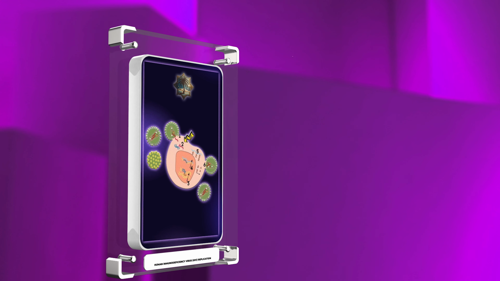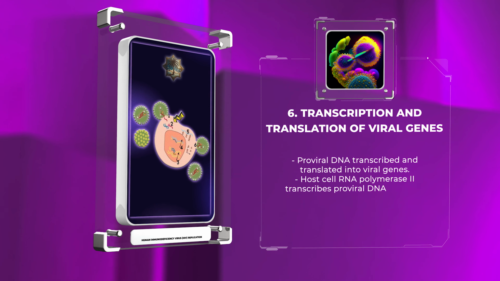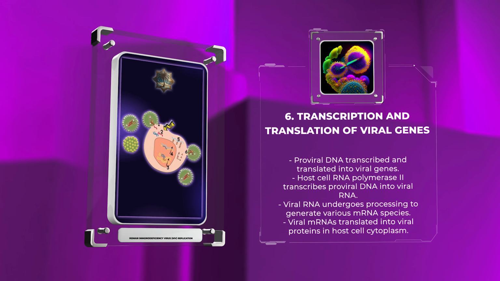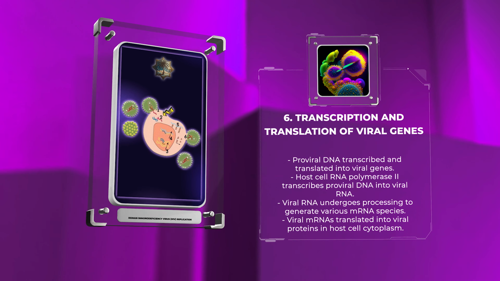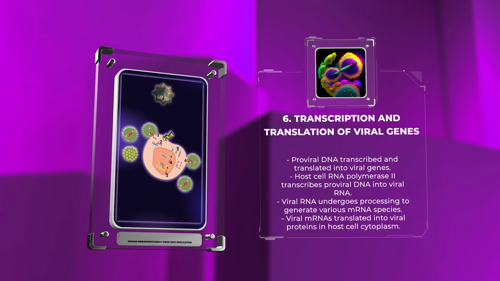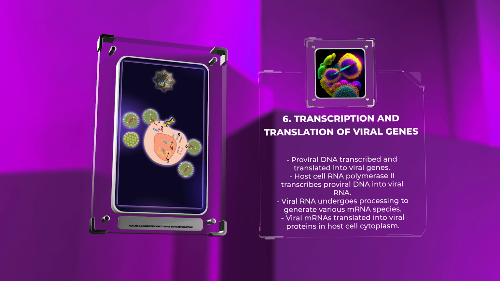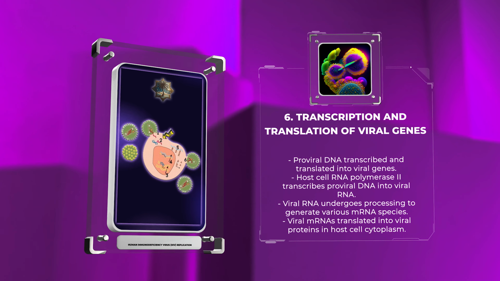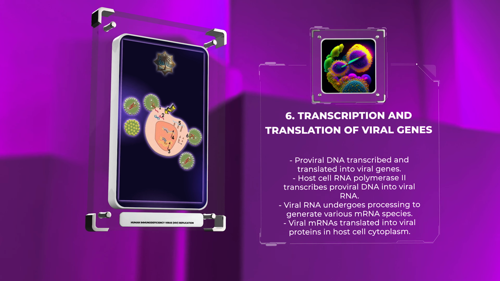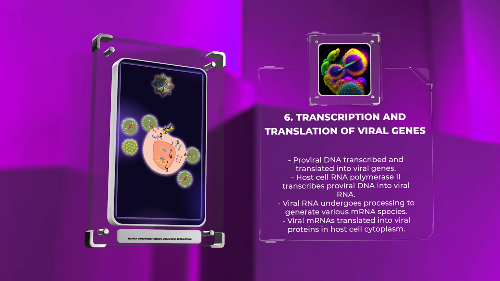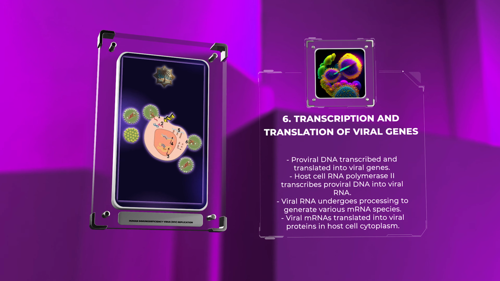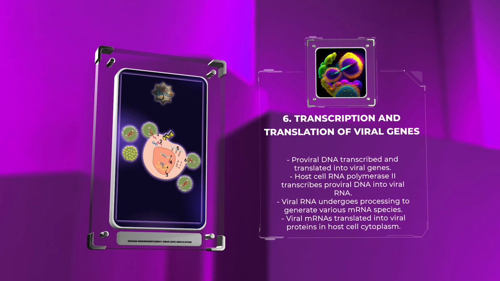Following integration, the proviral DNA serves as a template for the transcription and translation of viral genes. Host cell RNA polymerase II transcribes the proviral DNA into viral RNA, which undergoes multiple processing steps to generate a variety of mRNA species. These viral mRNAs are then transported to the host cell cytoplasm, where they undergo translation to produce viral proteins. The major structural proteins include GAG, POL, and ENV, which are essential for the assembly and maturation